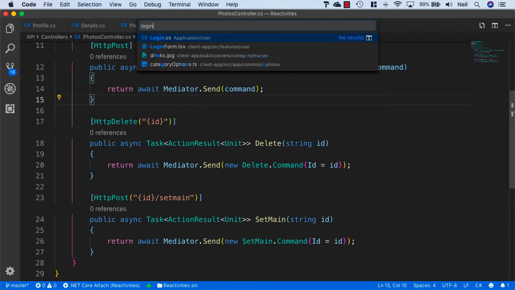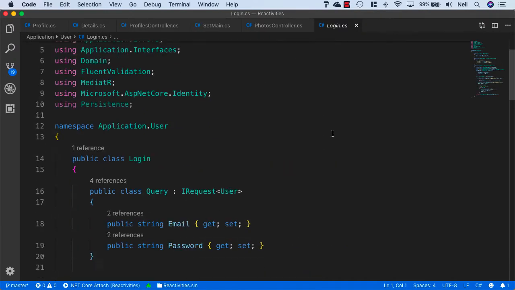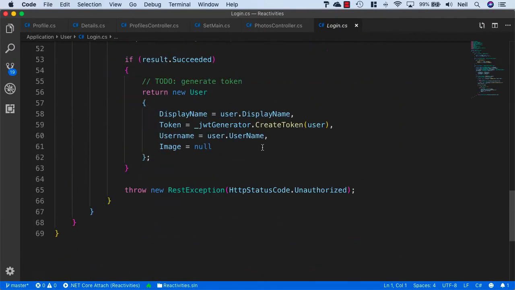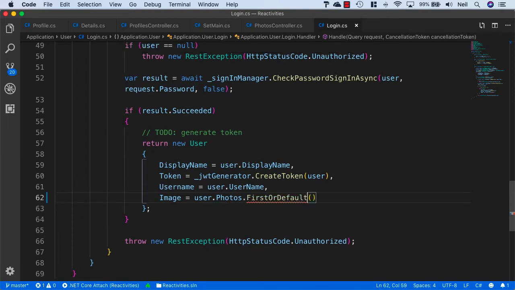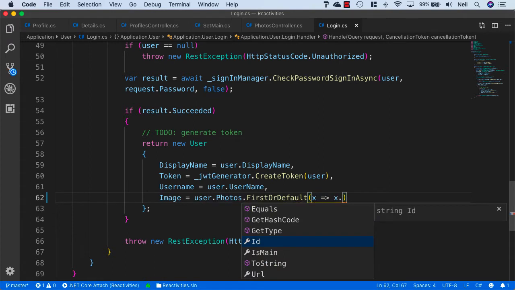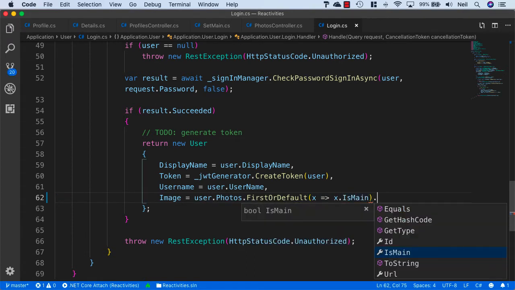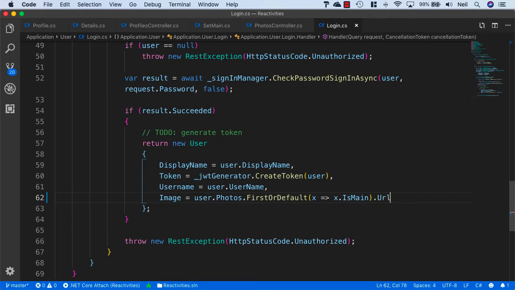So let's go to our login handler. And what we return from here is a user object. So what we want to do in here is get the user.photos.FirstOrDefault, and we'll bring in System.Linq, and we'll pick the IsMain and then specify the URL. And we'll just add the question mark there because this has the potential to be null. And I'll just copy the expression here